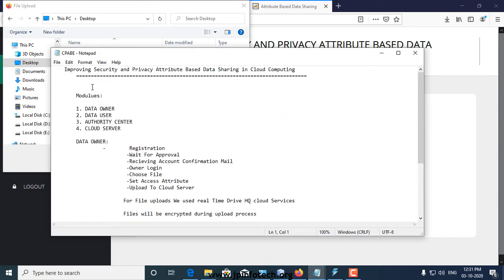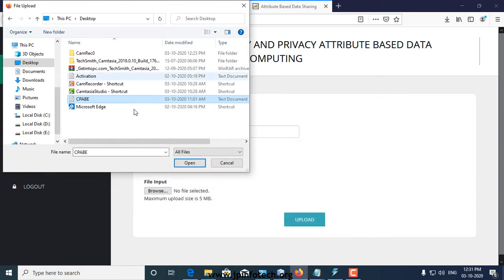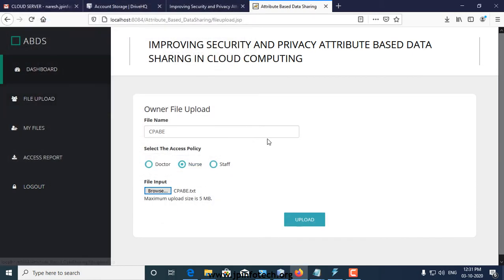See, I am going to upload this text file. After setting the attribute access policy and selecting the file,